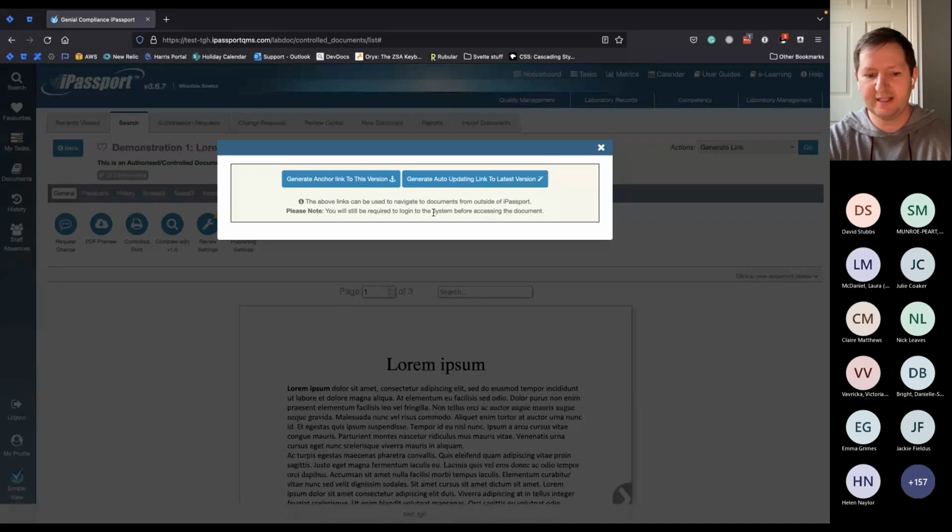So the person that you share the link with has to have access to iPassport and to that document to be able to view it. There are also two types of links within here, which you can use. One is an anchor link, and that will link to the version of the document that link was created on, regardless of how many revisions the document had. So it's possible that this link will